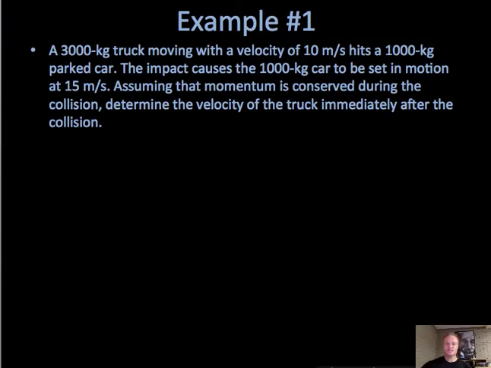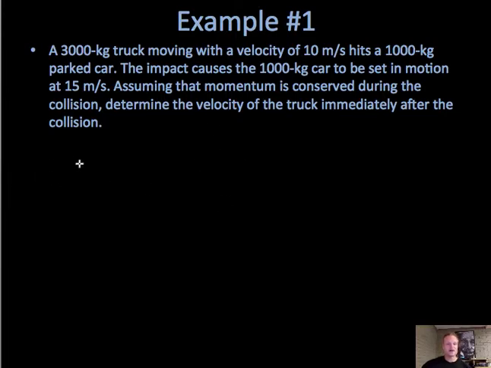So here's our first example I'd like to talk about. It says that a 3,000 kilogram truck moving with a velocity of 10 meters per second hits a 1,000 kilogram parked car. The impact causes the 1,000 kilogram car to be set in motion at a speed of 15 meters per second. Assuming that the momentum is conserved during the collision, determine the velocity of the truck immediately after